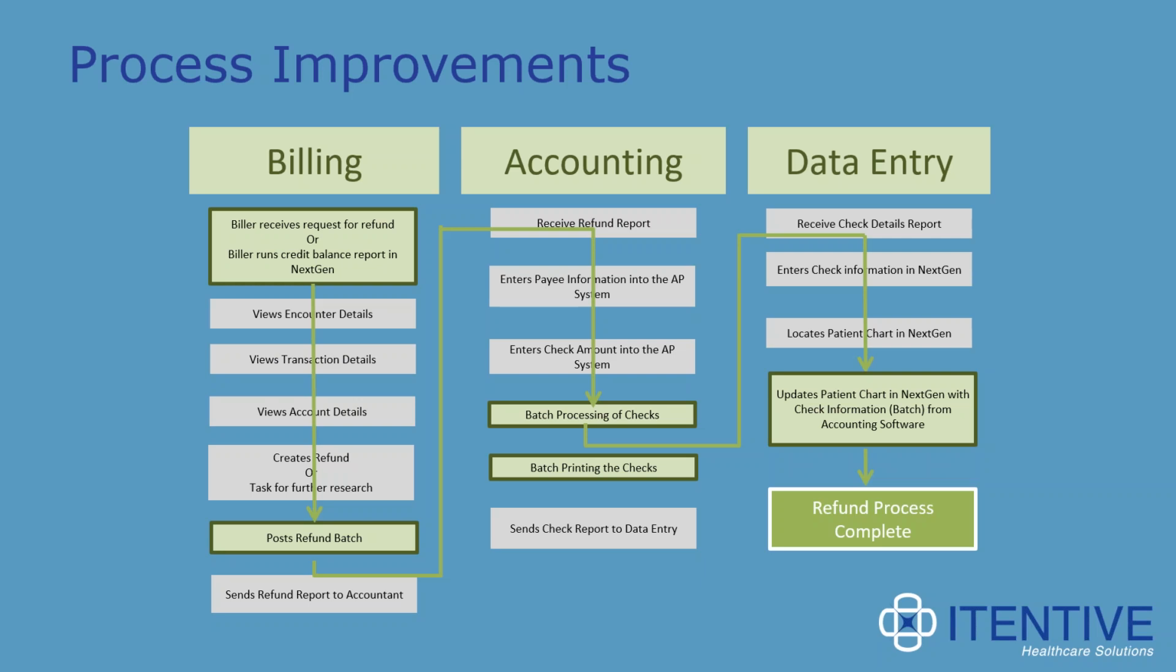In a proactive manner, you're working your credits on a regular basis, whether it's through a report or just on a regular process that you have in place every week or every 2 weeks or every month, but you have some method that you're proactively going through them. In either case, you're going to look at the encounter details, the transaction details, the account details, and then you're going to take some action on that, and determine whether that credit